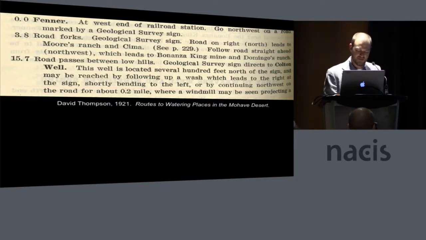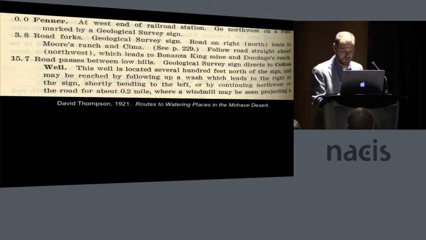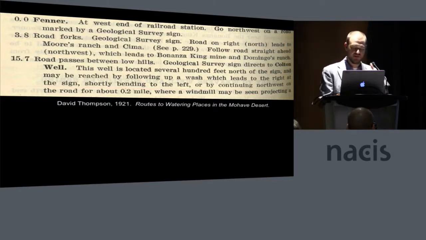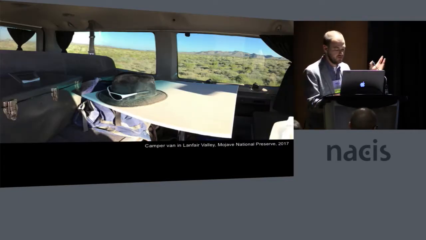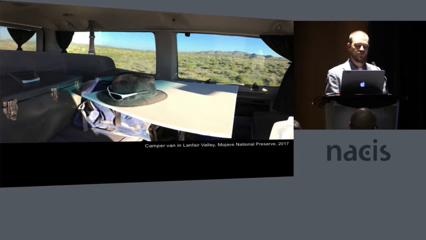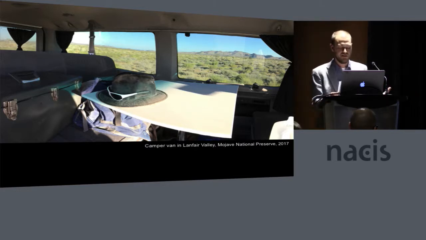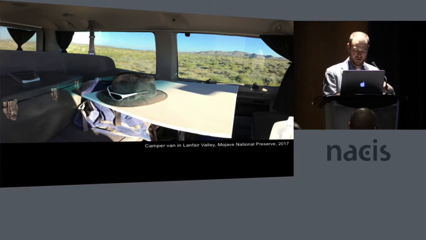Water, it seems like an obvious place to start in a desert. Its presence and absence have a lot to do with the human history that one can find in this region. So my method was to use these historical documents and others like them to travel and try to go to these places and see what was there. Was there actually water? Was there evidence of water? How can you start learning to read the landscape for where water might be?